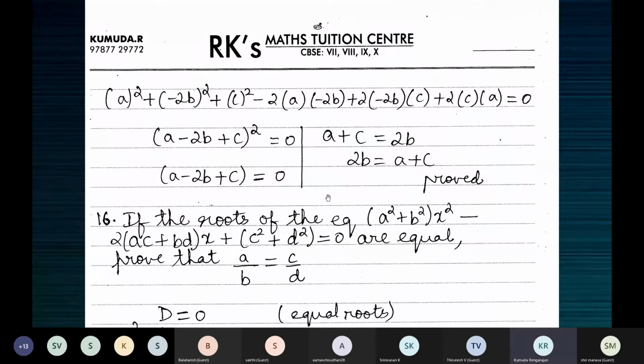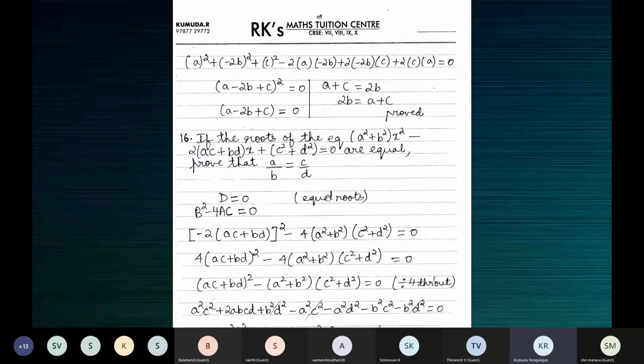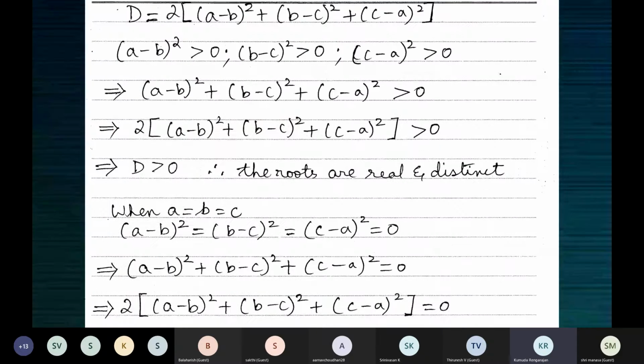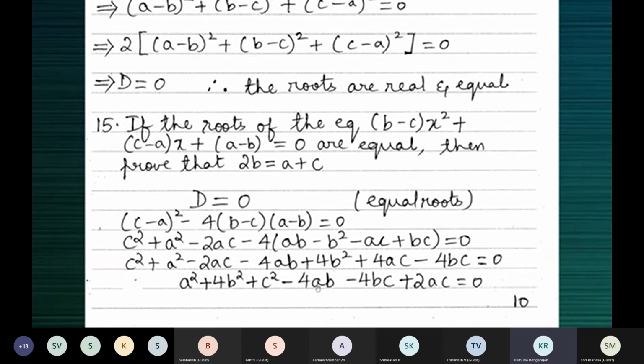Since there are two negative terms, you should have observed that they are the terms which have b in them. See here, this one is negative, this one is negative. So we fix a minus sign to the b term, in minus 4ab and minus 4bc. These two are the two negative terms. So to that b term, we fix a minus sign.